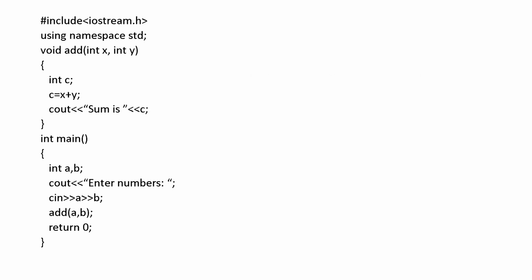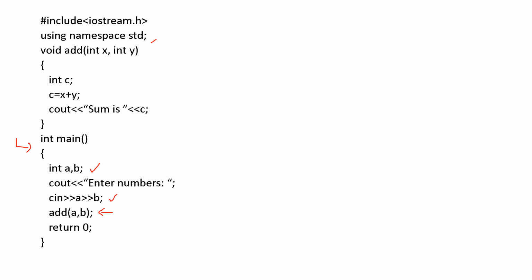Coming to the example: #include <iostream.h>, using namespace std. We know that during compilation, the compiler first searches for the main section. So int main, int a, b, two variables, enter the values of a and b. So you got the values. Now it will see that this is a function, add(a, b).